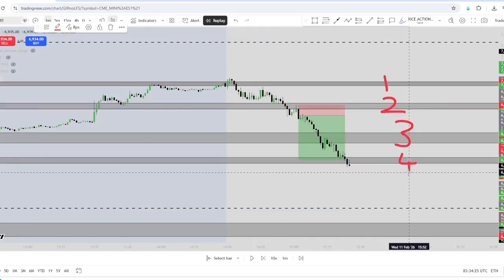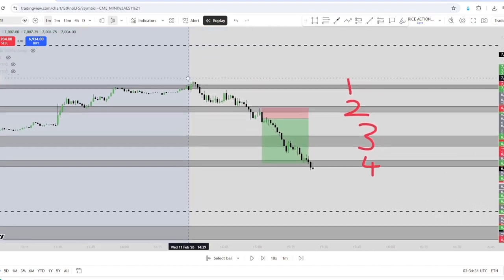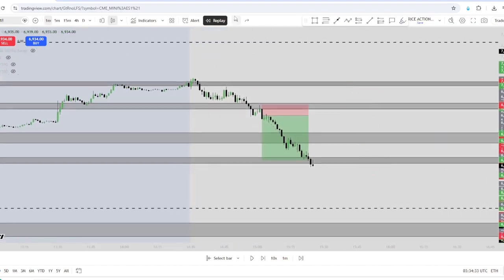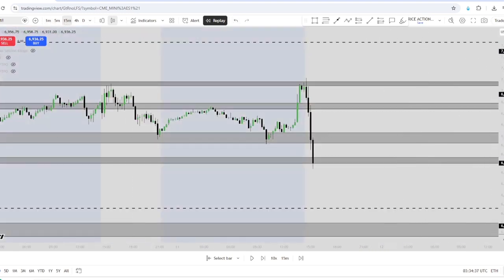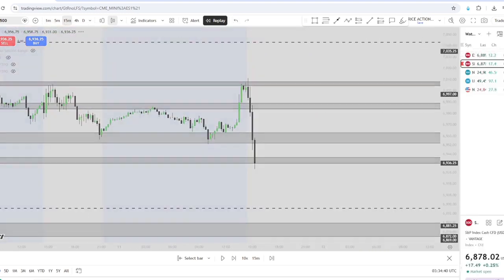3, and then I guess 4 as well, right? So there are some reasons why this trade was valid. We're looking to enter off these absorption areas. And just to make things clear for traders to understand, I want you to start building a narrative before you go into the markets, right?